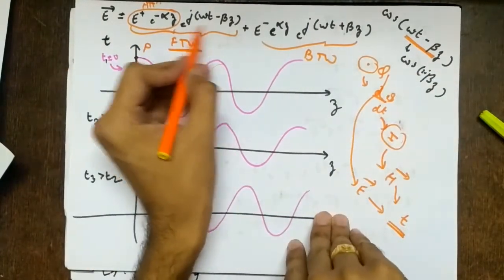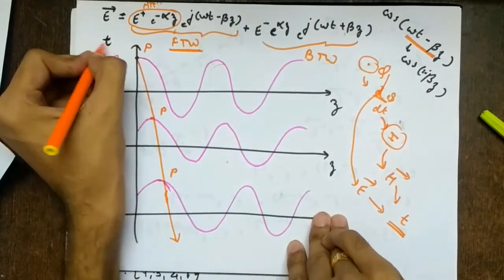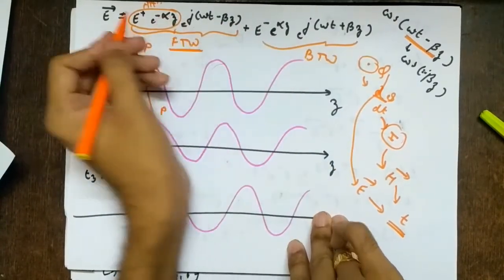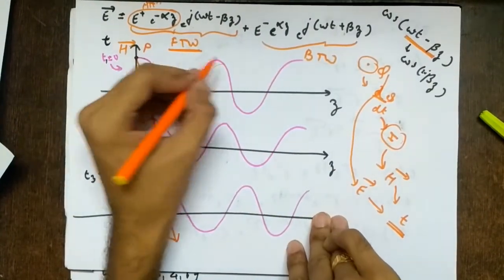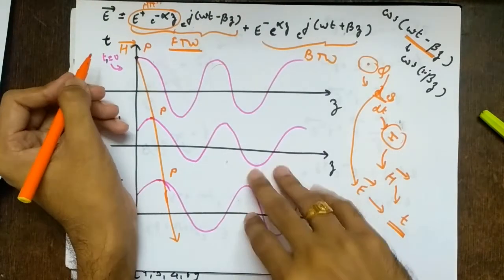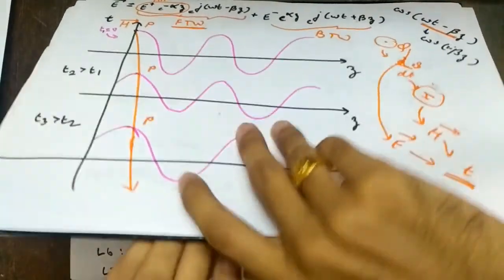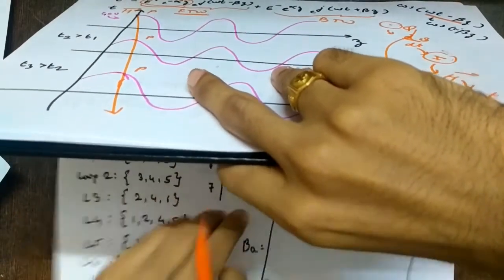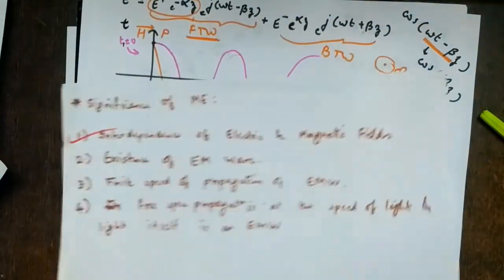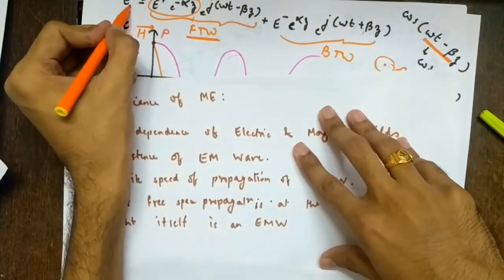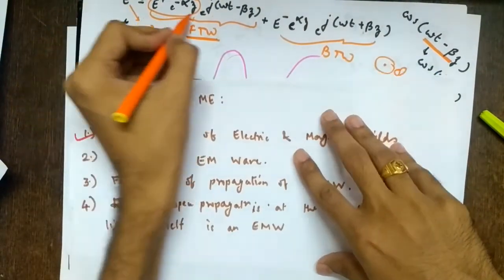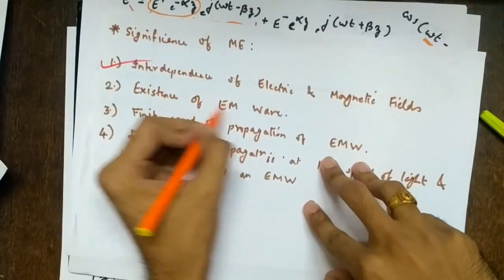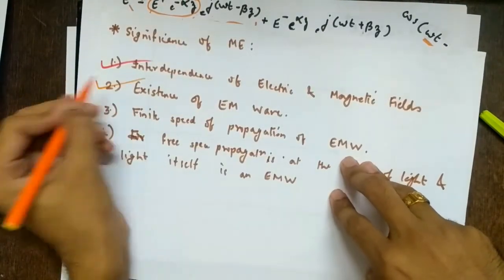Okay. So this is about the electric field. Similarly, we'll have the H vector. It will be H plus, and the same things, so only the amplitude will be different. So the H vector is also a wave, right? So what have I proved today? Let me use that previous page. First I had proved that if I have an E vector, obviously I'll have an H vector. The E vector is a wave, so obviously the H vector should also be a wave. So what I have proved is the existence of the electromagnetic wave.